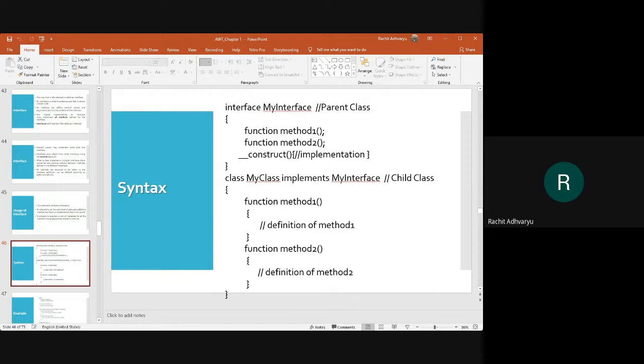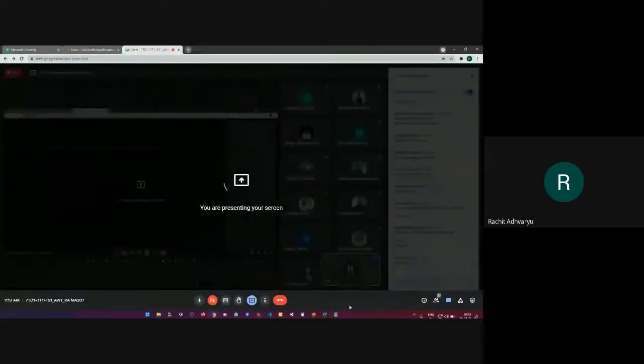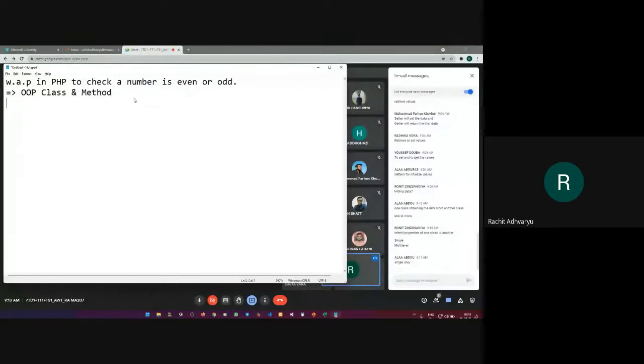So I'll just show you one thing here. Have a look at this. Let's say I have interface 1, interface 2, and interface 3. So these three can only be the parents. Okay.